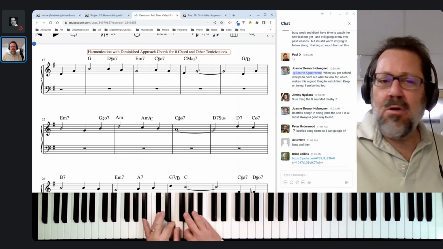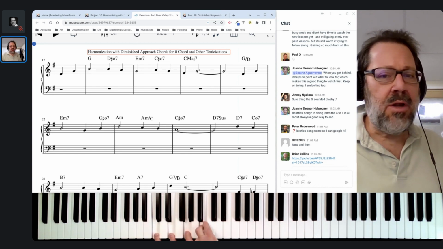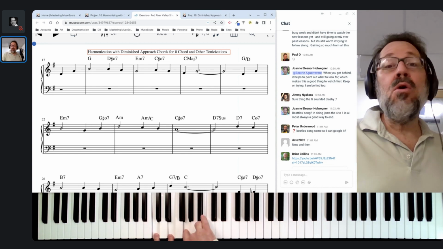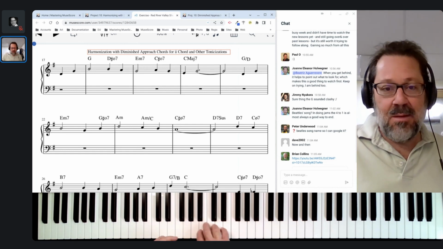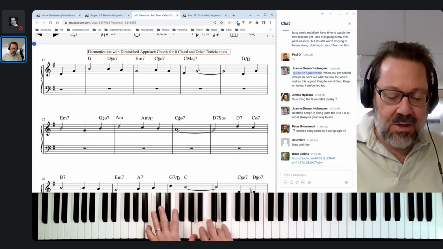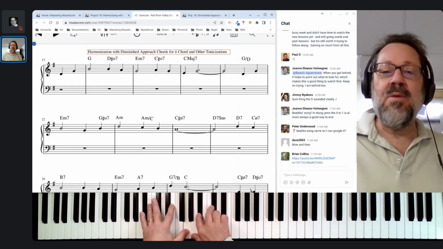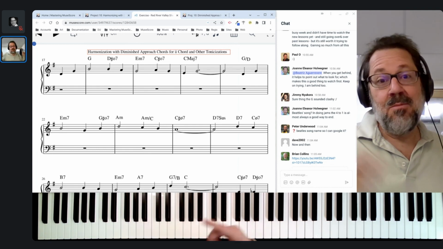So that downward resolution, absolutely worth exploring, trying, but mostly think of it as something to approach the 2 chord. And usually it'll be after the 3 chord. We'll have a 3 chord, then sharp 2 diminished, then 2. Speaking of the Beatles,